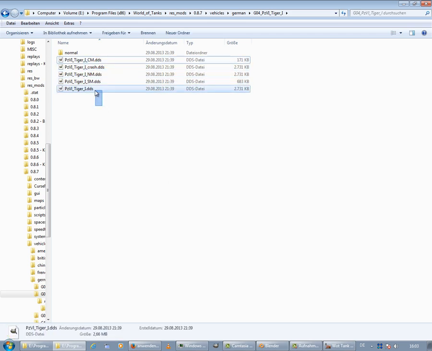I only use for Blender this time the Tiger 1 DDS. The other DDS files are some kinds of bump maps, normal maps, light maps you use for games like Unity or other game engines. But for Blender I don't need this time, so I only open this DDS file. I copy the location,